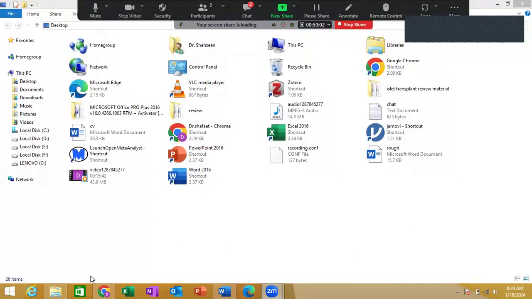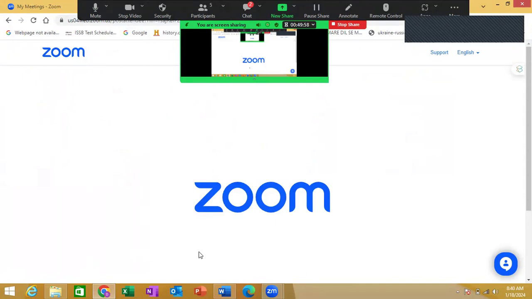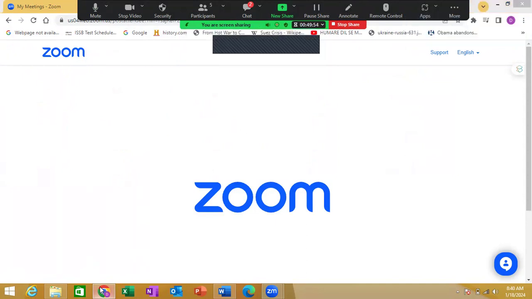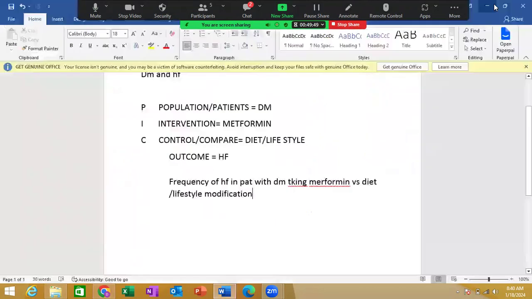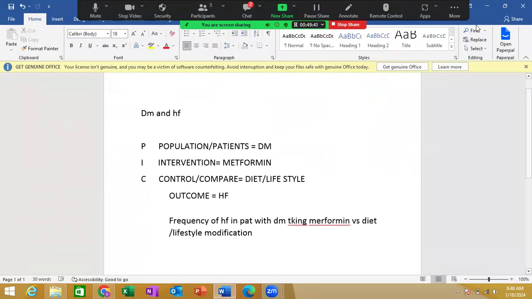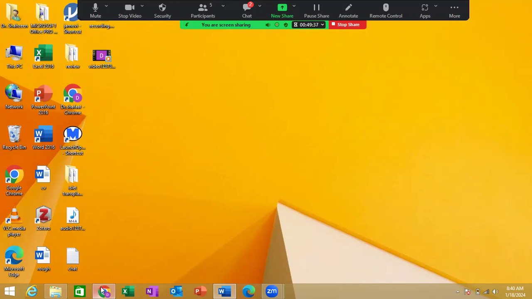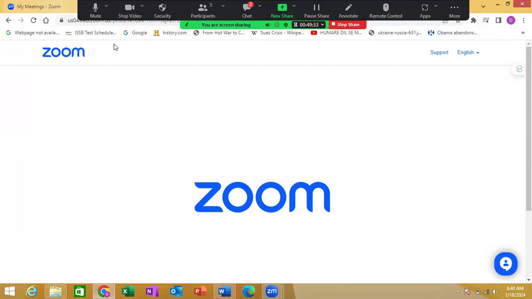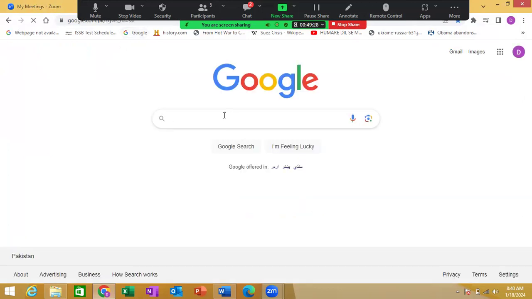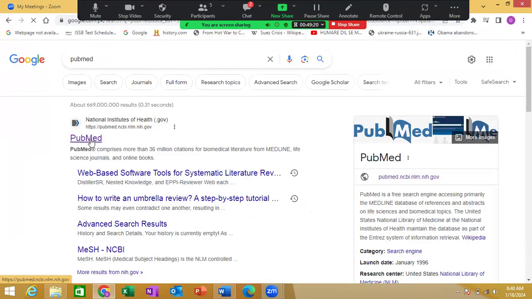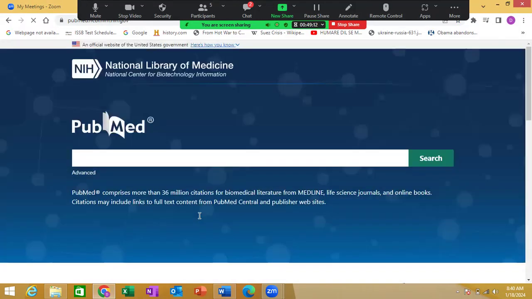So we were discussing how to search on PubMed, and there are 3 ways of searching PubMed. One is simple. You can type anything here,